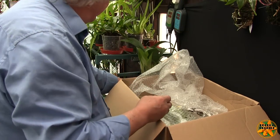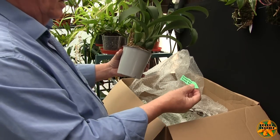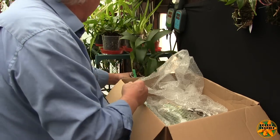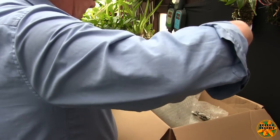But the roots are wrapping around the top of the pot and right down in the pot. So that's that one. Has it got a tag on it? Oh, it fell out. So Rossioglossum Rawdon Jester. Total replacement, that one. Put that to one side. And then this one